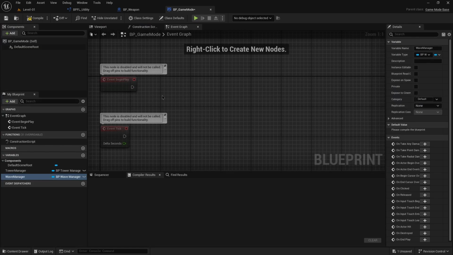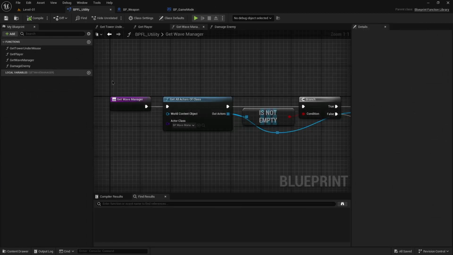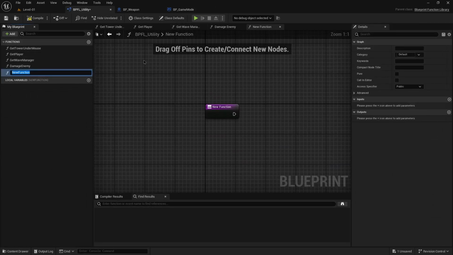So instead, what we need to do is in both of the managers, we need to set these variables in the game mode to themselves. So if we have our manager variables here, then the question becomes, how do we get to them from here? For that, we're going to go into our function library. We're going to create a new function called getGameMode,